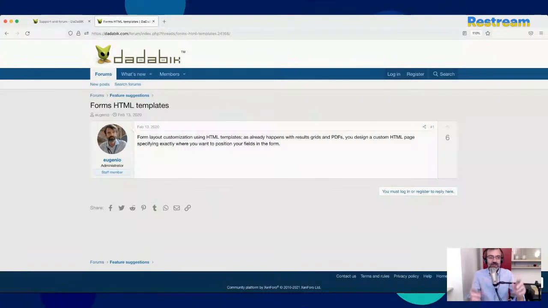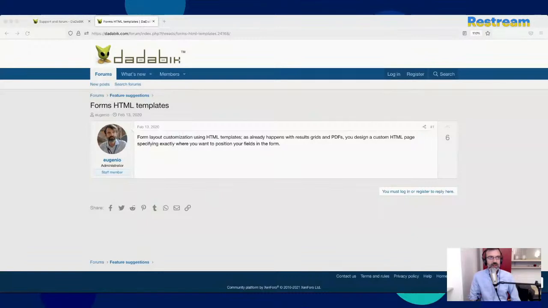So basically, you design your form, you put some placeholders with the name of the fields, and DaDaBIK creates the forms according to your layout. Probably it is not very difficult to implement. However, I'm not sure how useful it is,